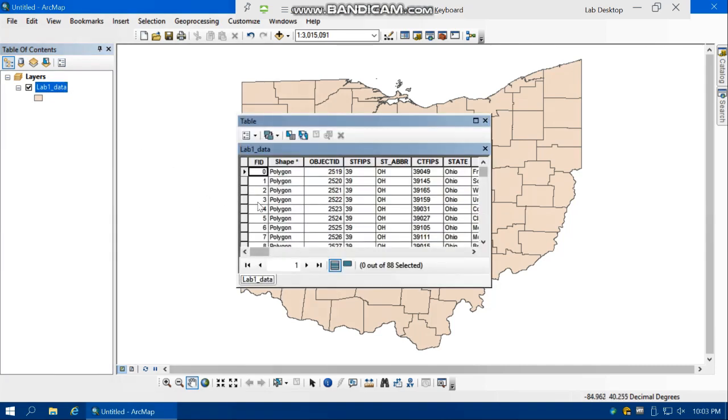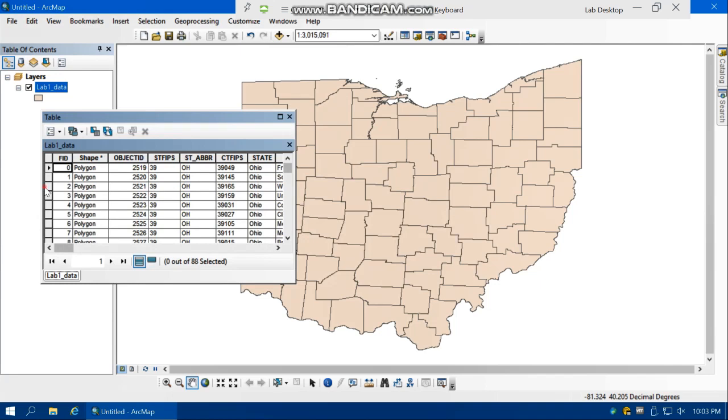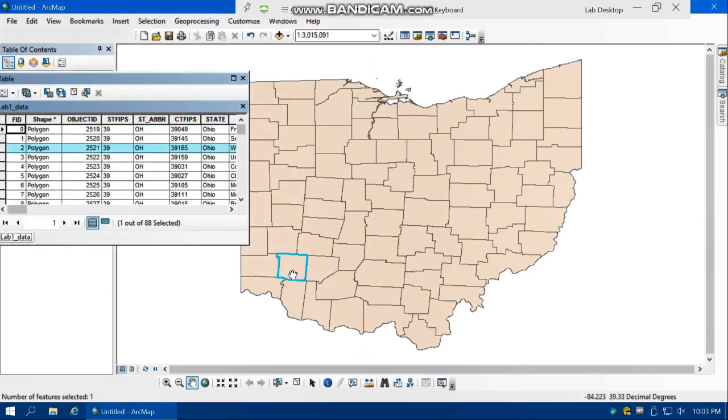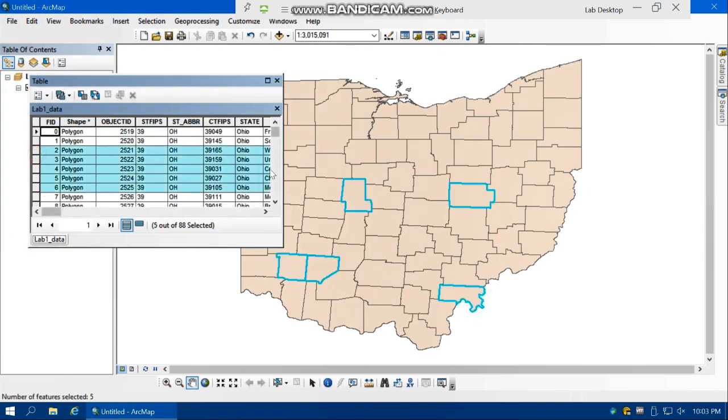In this table, each row, also known as a record, corresponds to one feature on the map. For example, if I select this one on the map, something is highlighted. If I select several, each record corresponds to one feature on the map, and each column represents a characteristic, a description.